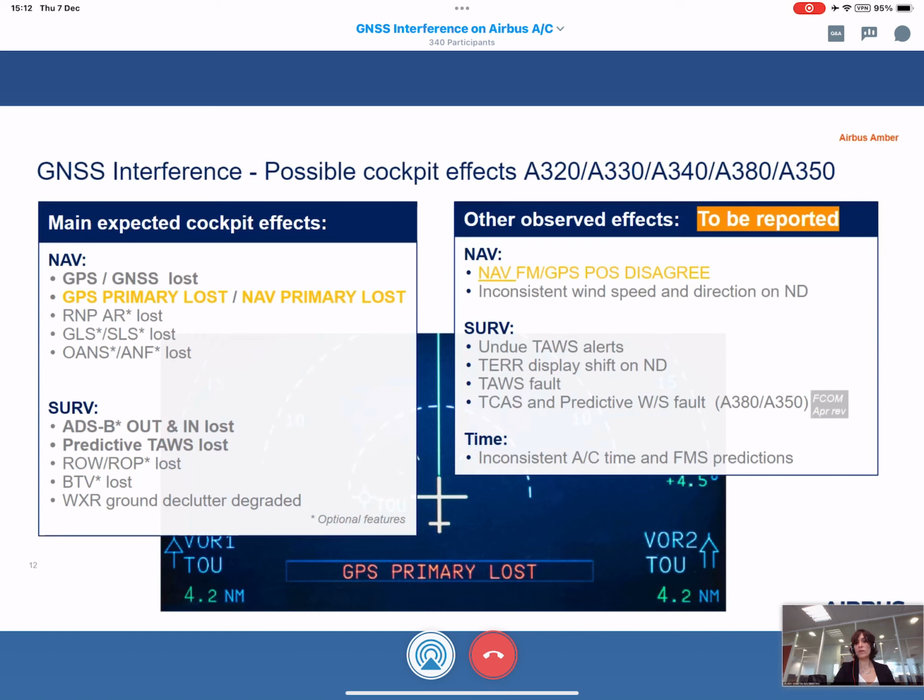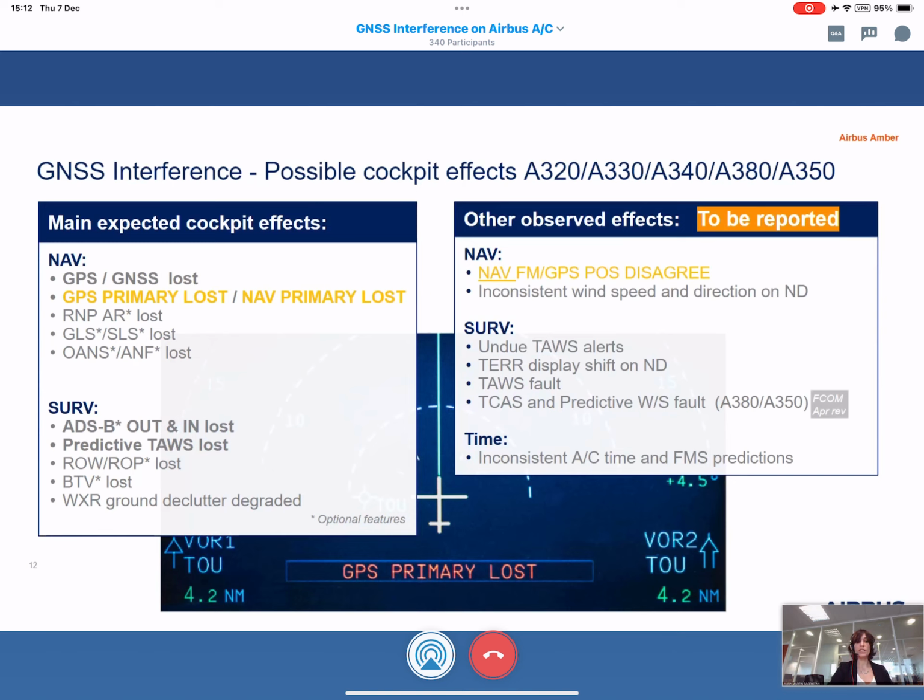We could also have inconsistent wind speed and direction on ND. And regarding surveillance, we could have anti-ice TOS alert, terrain display shift on ND, TOS faults, TCAS and predictive windshear faults for A380 and A350, and inconsistent aircraft time and FMS predictions.